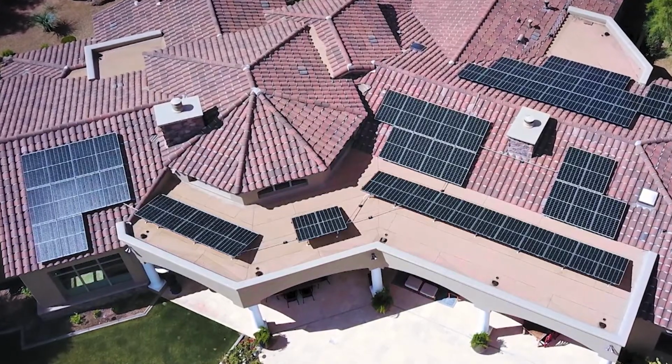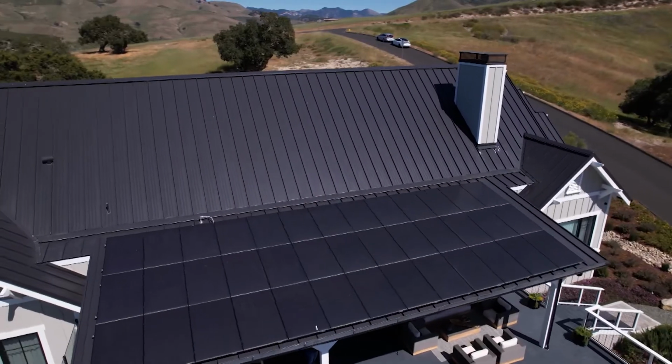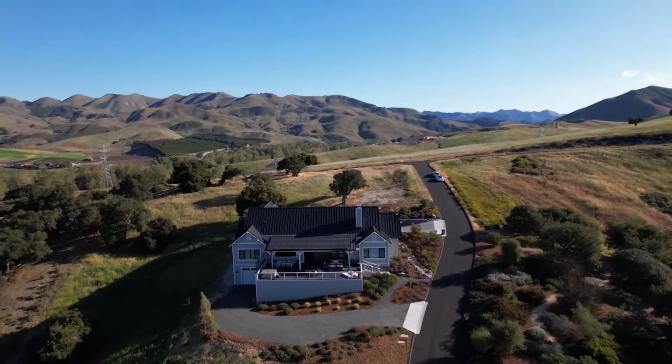And so we really spent some time analyzing my current bills and my current PG&E usage, and also built in some room for what I might want to build into the future. So we took a very thoughtful approach, and it allowed me to get the right amount of panels, but also build in for my future needs so that I would have the best experience possible. The process usually takes between 1 to 2 weeks for homeowners to select the right